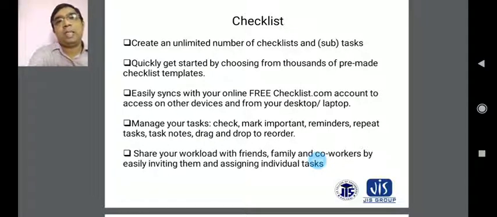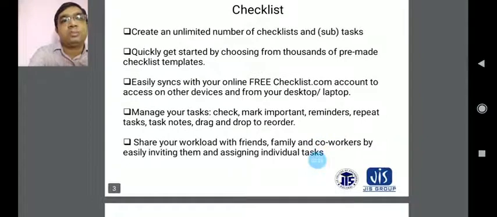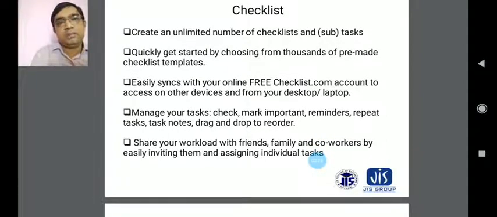tomorrow. This is also covered by your checklist. Every industry requires different types of checklists every day. Sometimes you can create an unlimited number of checklists and sub-tasks. You give a task to your subordinates in lower management, and you have to check whether the task is complete or not.